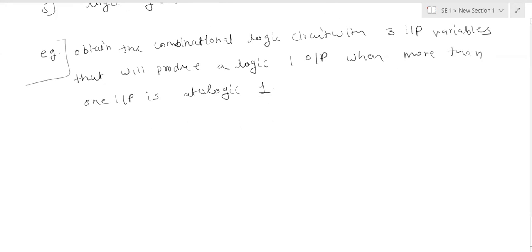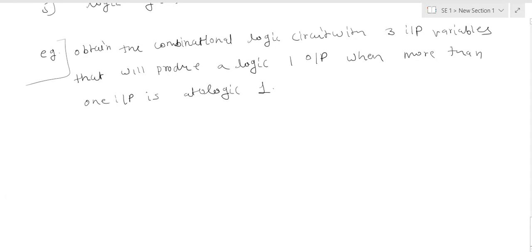Now how can you implement and design this question? What is my first step? First step in the design procedure: find out the problem definition and analyze it. The problem definition is: take 3 input variables and derive the output as 1 when more than 1 of these 3 inputs are 1.